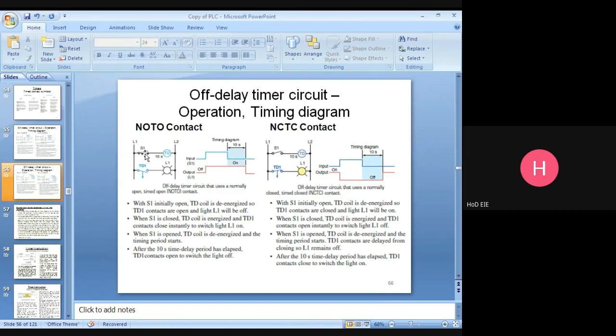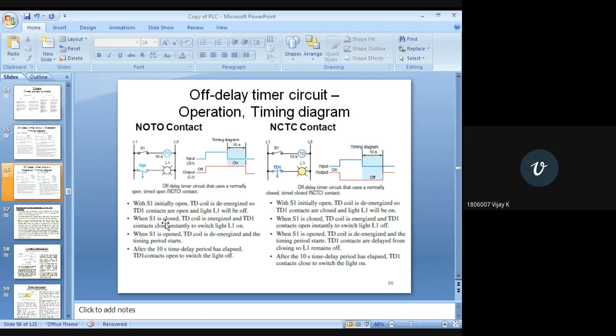When S1 is closed, the DD coil is energized and DD1 contacts close instantly, because for on, the switch is on. For off only, there will be delays. Once the switch is open, only then will the delay be there. For closing, there is no delay.